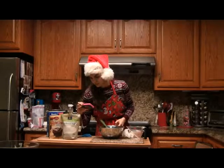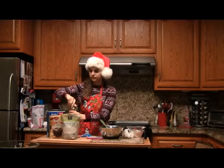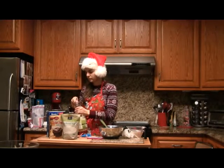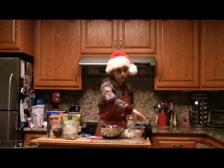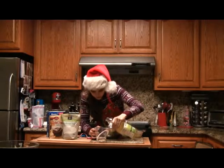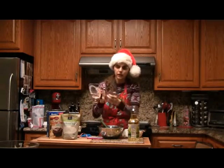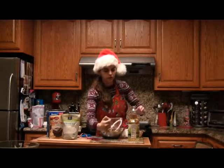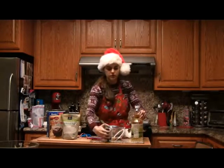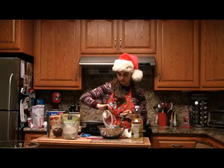And now, 1/3 cup vegetable oil. Now I love this little measuring cup that has a groove along it, and the actual measurements are along the groove. So as you pour, you can see what amount you're at, so you don't have to look at the side while you're pouring. It's a great little tool,